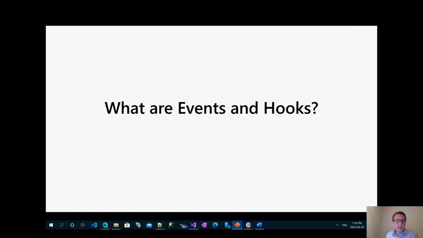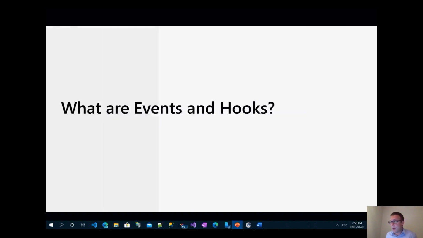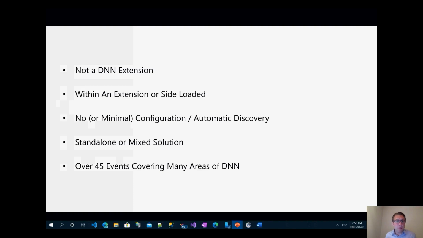So what are events and hooks in DNN? Well, I'll tell you what they're not. They're not an extension. When we think about extensibility in DNN, we think about modules and themes a lot. A lot of the solutions I see that could potentially be better purposed as other solutions in DNN commonly end up as modules. I think a lot of the reason for that is that there's a lot of documentation, and a lot of people think in modules just from experience and from what's out there. But there's other types of functionality in DNN that we can utilize in our solutions